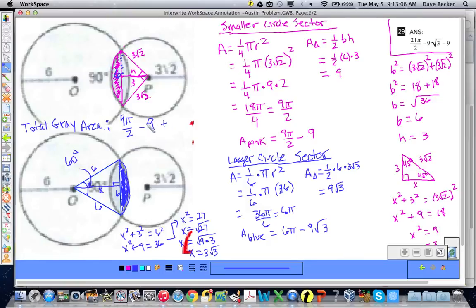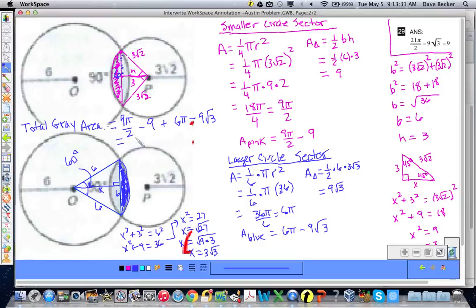That's the pink. I suppose I should have written it pink, but I think you can handle it. Plus 6 pi minus 9 root 3. So I can't combine the 9 and the 9 root 3, but I can combine the pi's. So that would equal